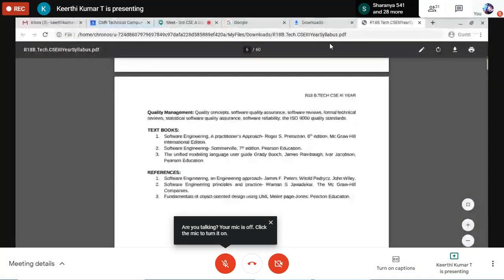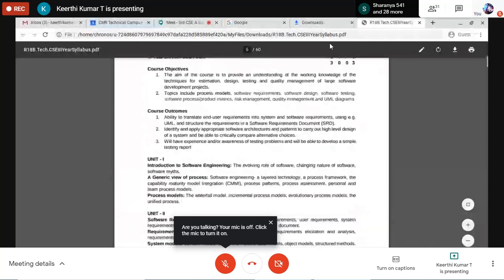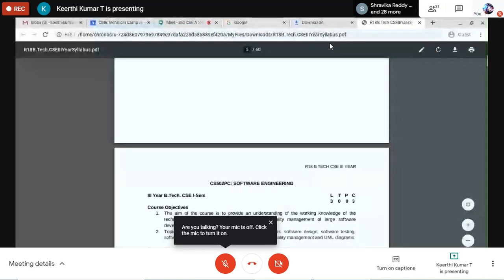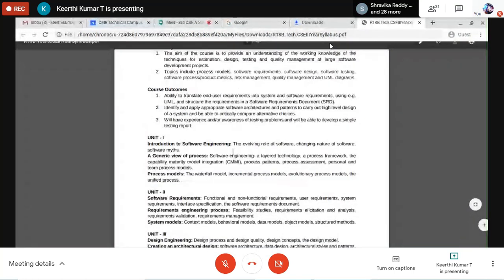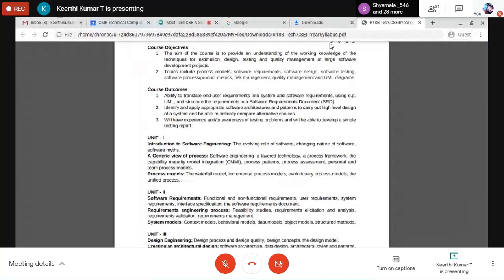Let me see if I can find anything. You see here, everybody is able to see this, right? The second unit, the functional and non-functional requirements, I've actually given you the descriptions. I've actually given you the examples. We had a quick introduction on what the functional and non-functional requirements for software engineering are,